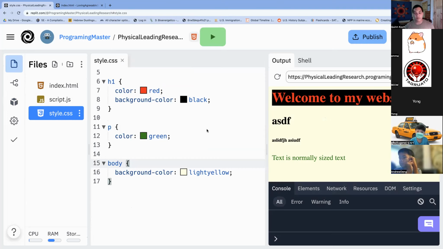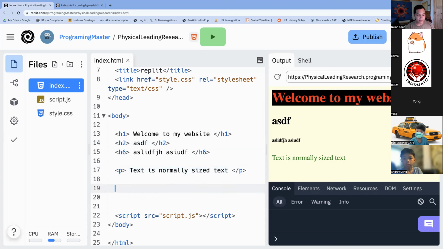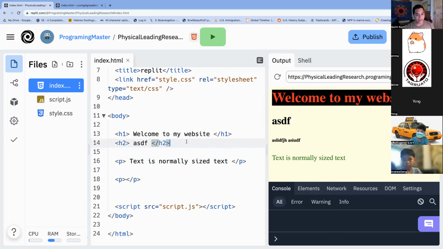I will now show you something new. Let's say we wanted to bold text. We wanted to make one text bold or like signifying it's more important. Let's say in our p tag, I'm going to create another p tag. I'm going to get rid of a couple of my h tags. In my p tag, I'm going to write